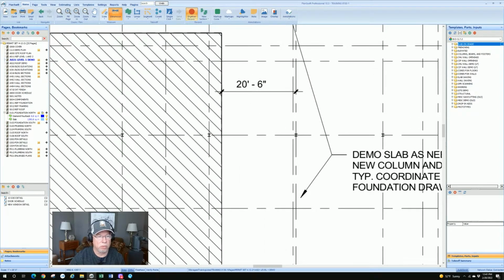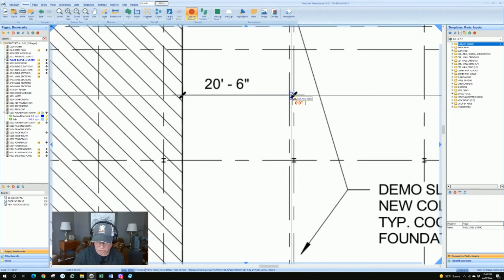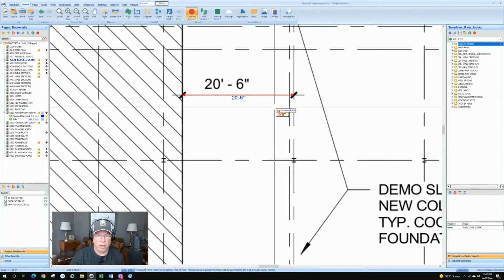I'm going to go to my dimension tool, and I'm going to zoom in, click once, hit the left arrow, 20.6. And we went over this in a previous tutorial, so if you don't understand how to dimension something, go back and look at that and then come back to this one. Hit enter. And it's perfect. Now,